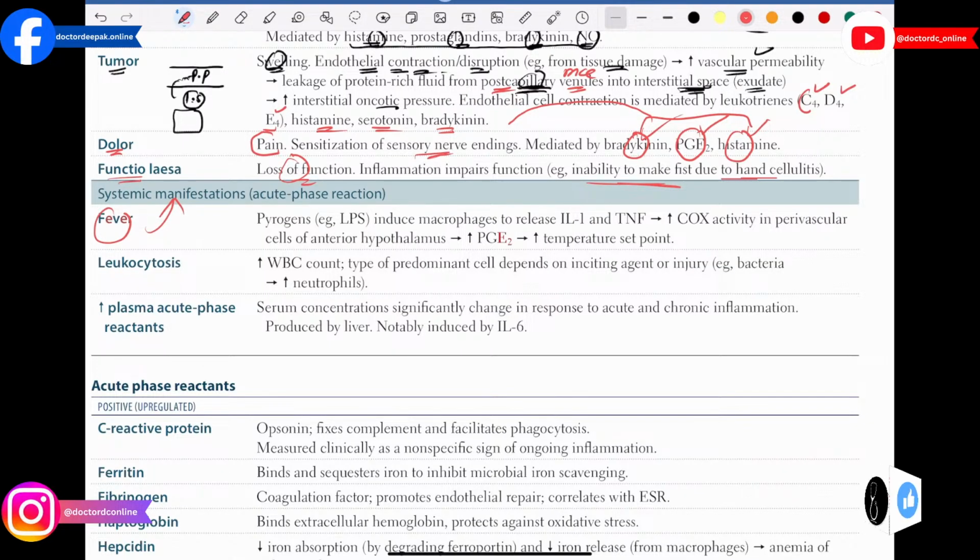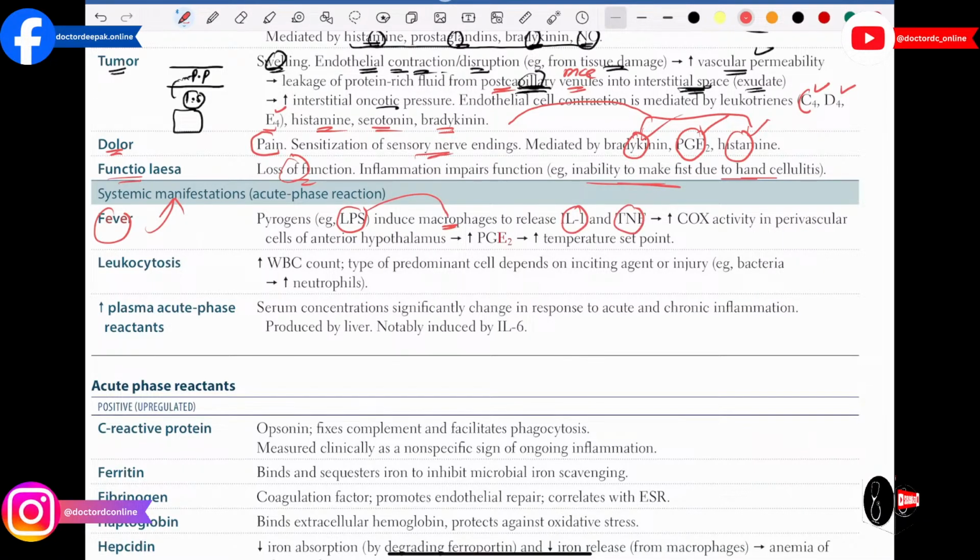Let's suppose bacteria entered your body, and that bacteria is going to produce lipopolysaccharide. These are the pyrogens, the mediators that are produced from bacteria. When the bacteria enter our body, they produce lipopolysaccharides. These are different kinds of pyrogens, and they will go and stimulate the macrophages, because the macrophage is an immune cell that engulfs the bacteria to prevent our body from infection. So when the lipopolysaccharide induces the macrophage, it will release interleukin 1 and